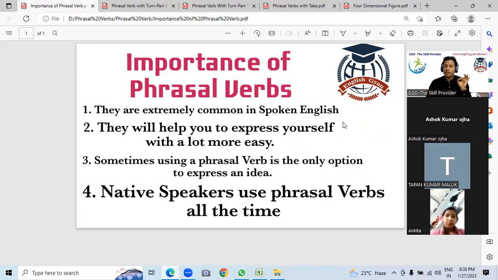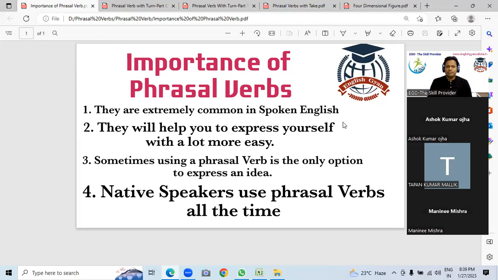Look, they are extremely common in spoken English. Very common. People use a lot of them. If you're watching a good Hollywood movie, you can find a lot of phrasal verbs, and we have problems understanding the phrasal verbs. You are not using them most of the time. How many of you are saying, like, I am looking for? You are saying I'm looking for. No, you are not supposed to say I'm looking for. You have to say something else. I'm just trying to find a word. No, this is something else that you are supposed to use.